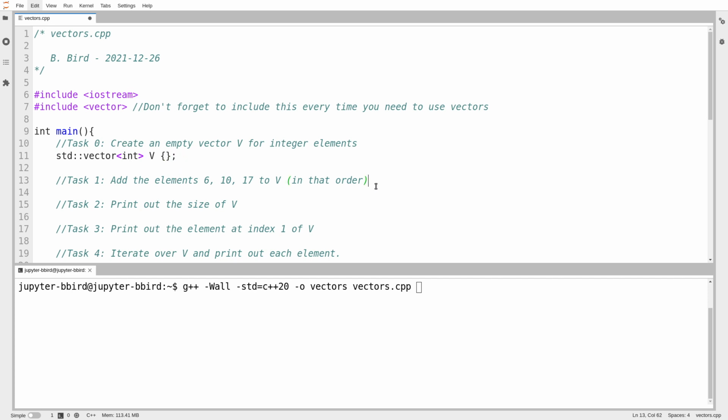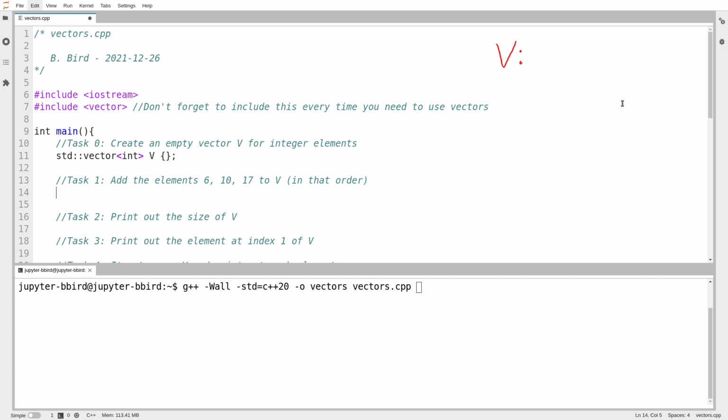Okay, so the next thing I want to do is add elements to my sequence. I'll sketch what's in my sequence over here. So here's v. Currently, v is empty. What I can do is interact with v. v is a small appliance. Its job is to store a sequence of things. The goal behind the vector type is to make it so that I, the person using the sequence, never have to worry about the internals of the sequence. Exactly how I store a sequence that can grow and shrink, that's none of my business. Instead, I just tell the vector, here's some stuff, add this to the sequence,